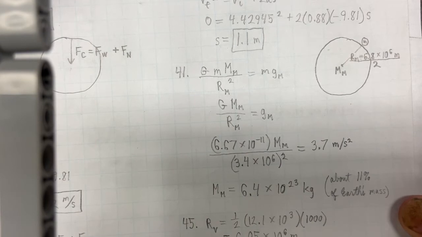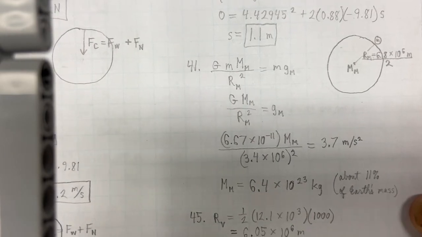And we know that mass is going to have a weight of mg on the surface. And so the setup then is G times the mass of Mars over r of Mars squared. The little m is just that mass that's on the surface, whereas the big M with the subscript m is the mass of Mars. And that equals